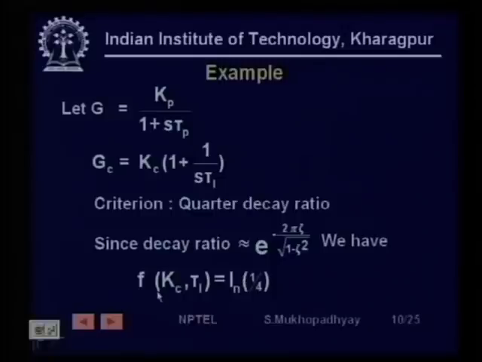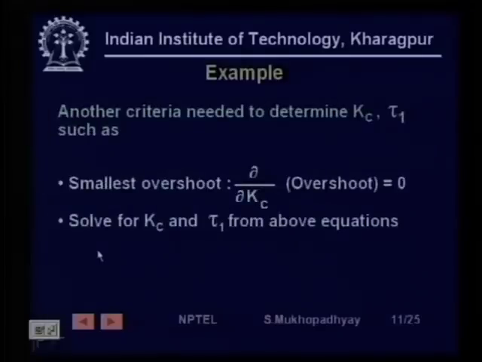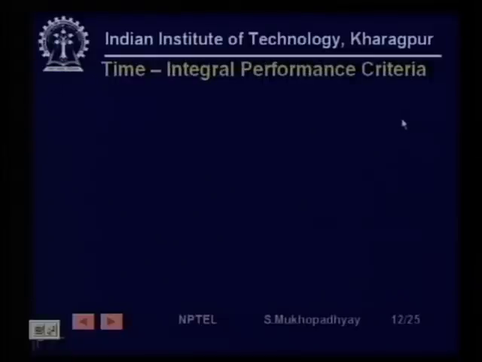So now we have one equation, but we need to find two parameters. Obviously we cannot find a unique solution, there are actually many solutions. Which means that to find a unique solution, we need some other criterion. So we can accommodate some other criterion. For example, if we consider in addition another criterion needed to determine Kc,